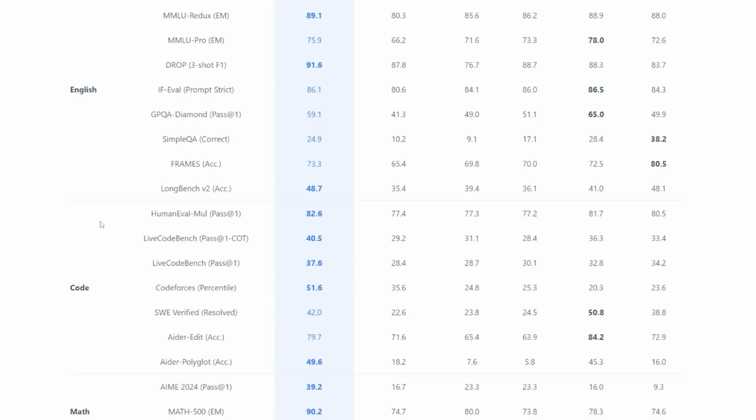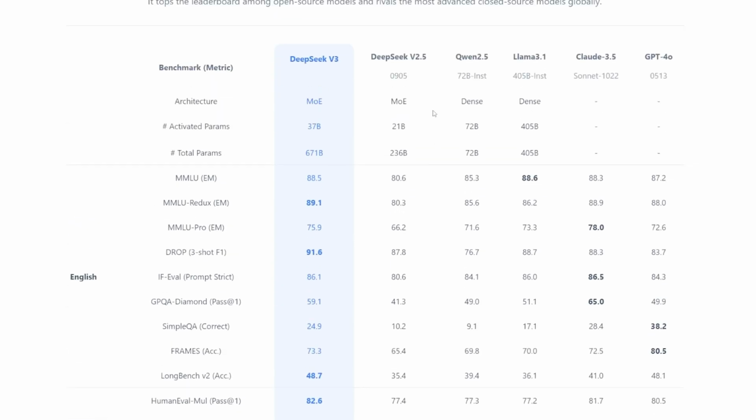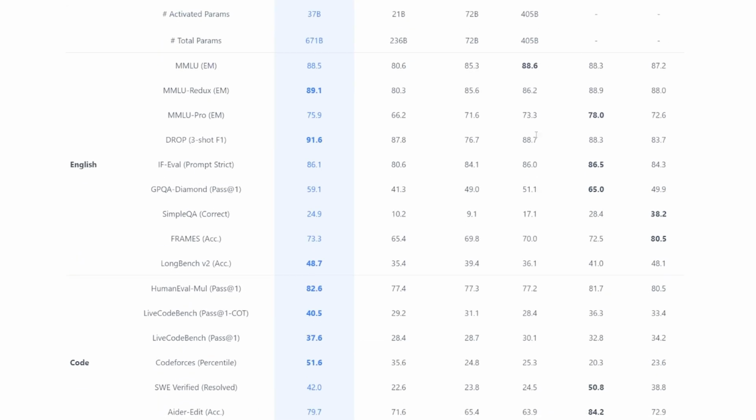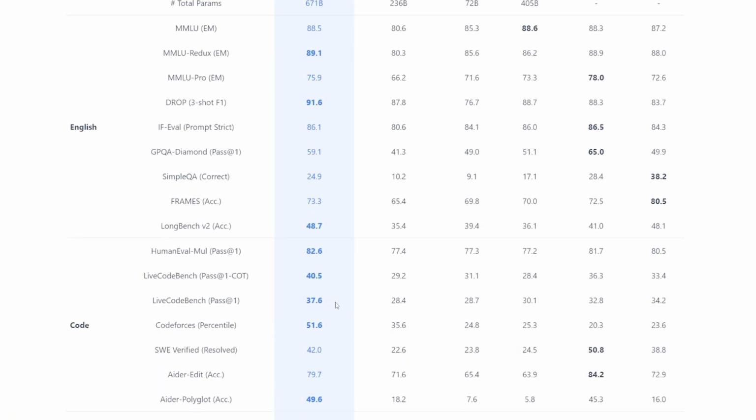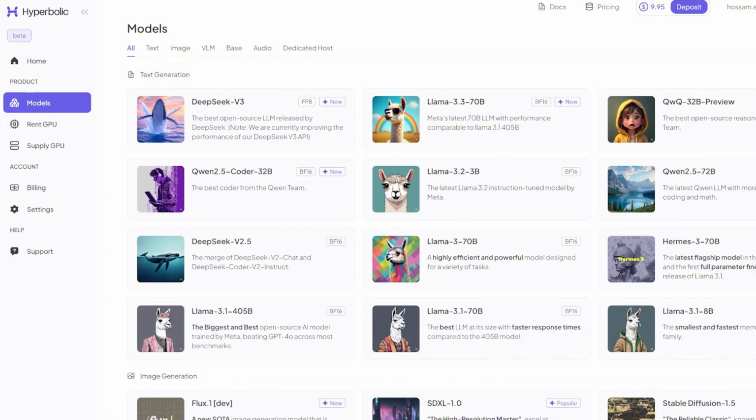The good thing about this model in terms of benchmarks is that it doesn't say it's better than Sonnet at every single thing, but it says in some benchmarks, it's better than Sonnet 3.5, which is respectable. So let's talk about how we're going to test it for free without paying anything to the DeepSeek API and